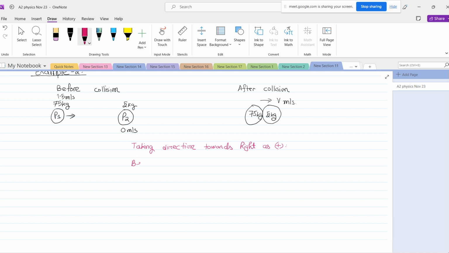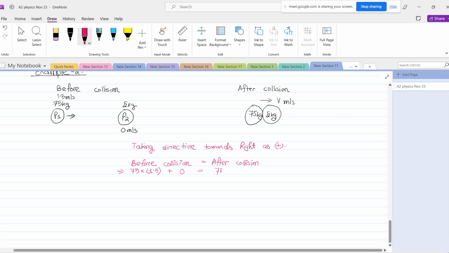So before collision and after collision, we all know that the momentum has to be the same, so we can write it down like this. Before collision is equal to after collision. So before collision, the momentum will be 75 into 1.5 plus 0, because the velocity for particle 2 before collision was 0, and then after collision the masses join together